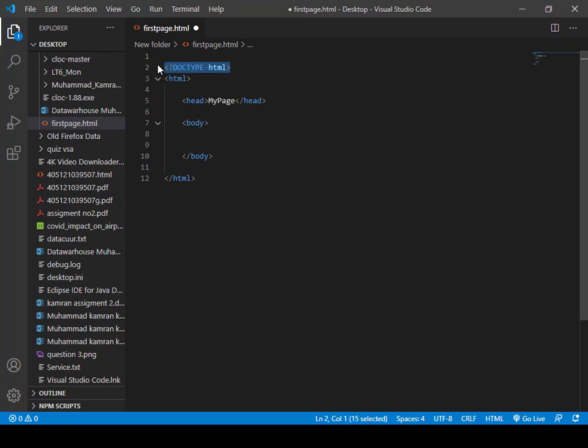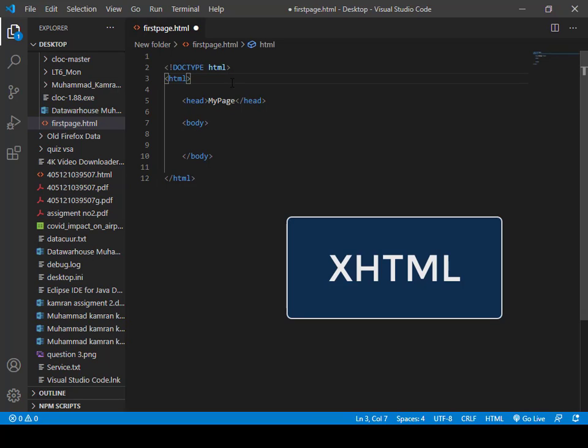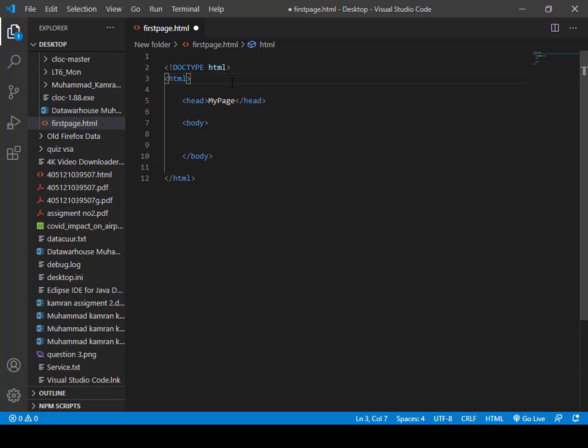Keep in mind that there are different types of HTML standards when it comes to coding your web page. Some HTML standards are quite strict and instruct the browser to follow a very strict set of rules when parsing and interpreting the code. An example of this is XHTML. The XHTML standard will check to make sure all your open HTML tags have corresponding closing tags, and you will understand what that means in just a minute.